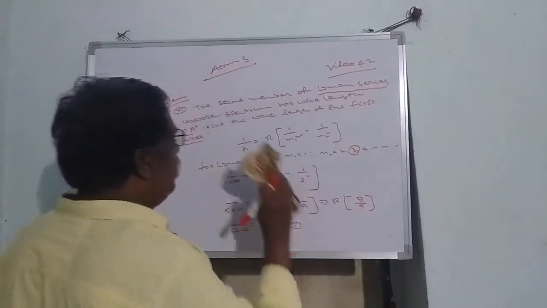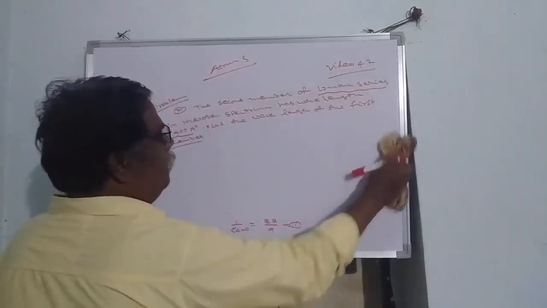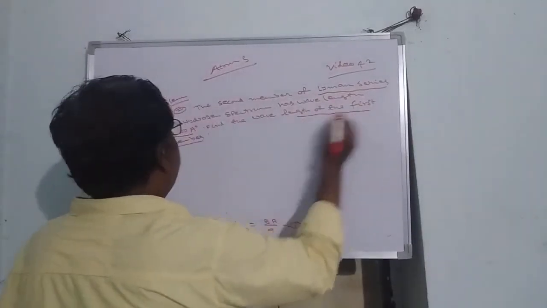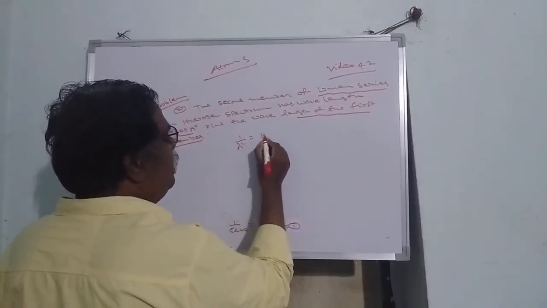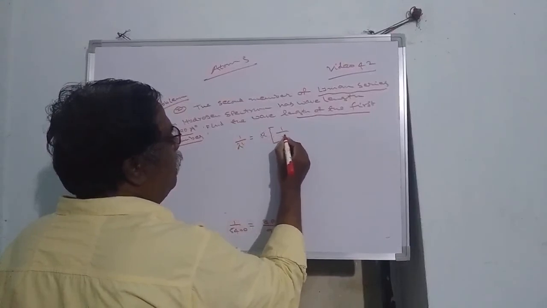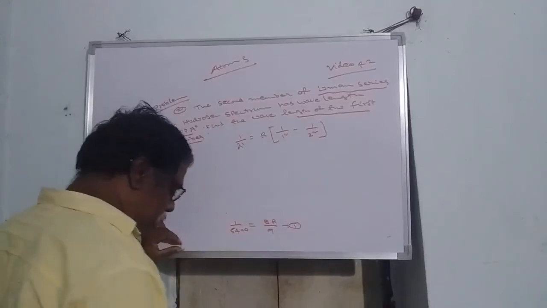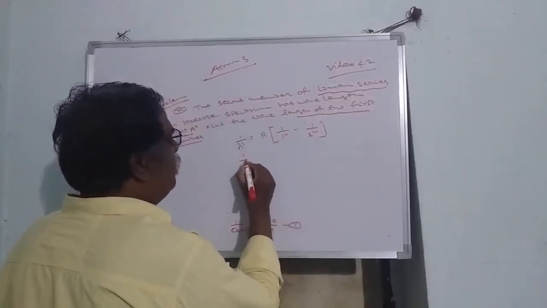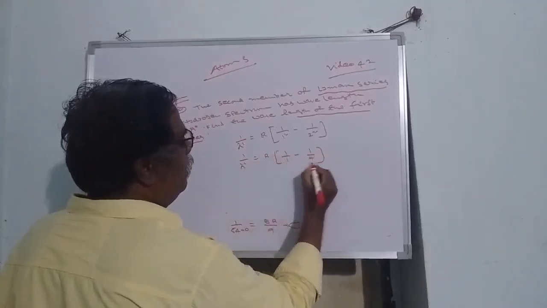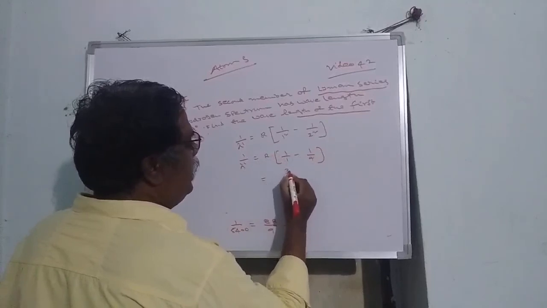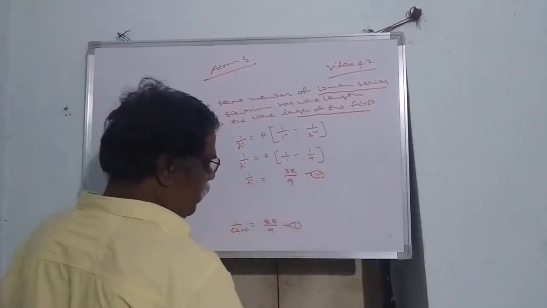Next, we take the wavelength of the first member. What is the first member of the Lyman series? Once again, we have to find lambda dash: 1 by lambda dash is equal to R into 1 by 1 square minus, for the first member, after 1 it will be 2 square. So 1 by lambda dash is equal to R into 1 minus 1 by 4, that is 4 minus 1, 3R by 4. This will be equation number 2.